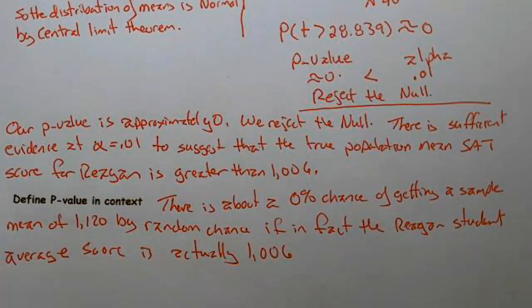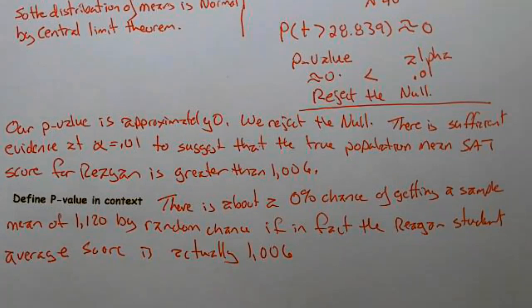So there's about a 0% chance of getting a test statistic this extreme or more extreme, sample mean of